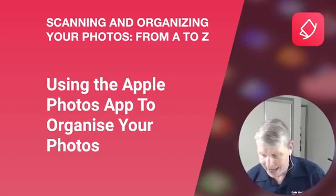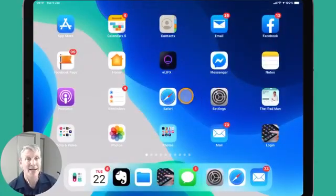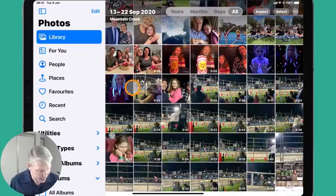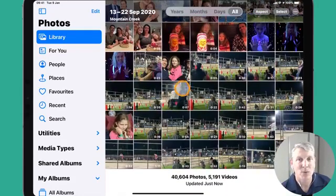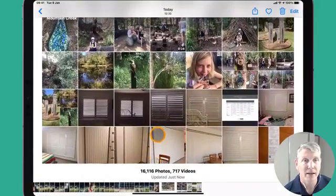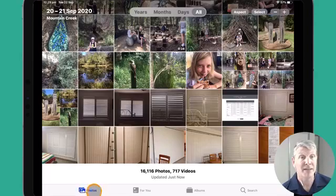So why do I love the Apple Photo system? Now, let's get to the right screen. There we go. So here is my iPad. And when I open up my Photos app, and this iPad is running iPad OS 14, so it might look slightly different to yours. So please don't update to iPad OS 14 for a week or 2 if you can avoid it. But just to give you an idea what the difference is between them, I'll just go to this photo here, and you'll see that here on the old iOS 13 or iPad OS 13, Photos is down the